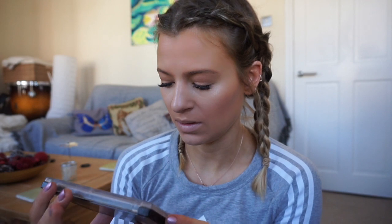I think I go a little bit overboard on the bronzer. Oh god. And then I put a bit on my forehead and on my chin and down my neck a little bit. There. So I put eyeshadow on sometimes, I don't, and I always mix between colours, but the palette that I